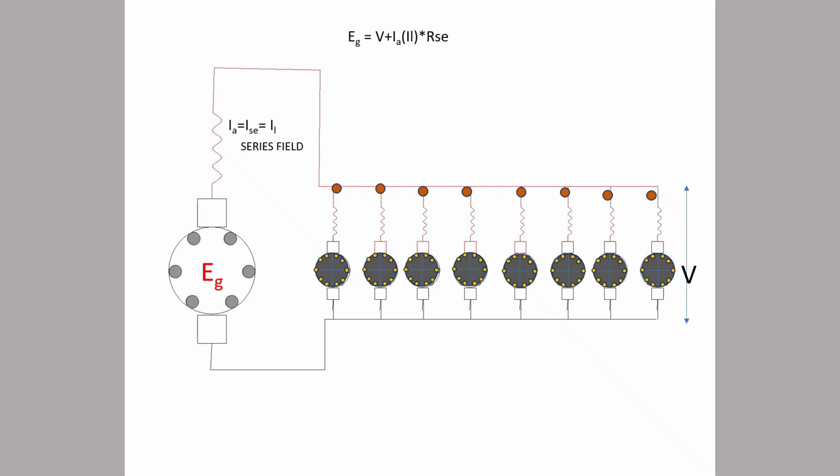The source of DC power in a traction system is taken from the single phase 25 kV supply, which is stepped down by a transformer. Then the required voltage for the motor is taken